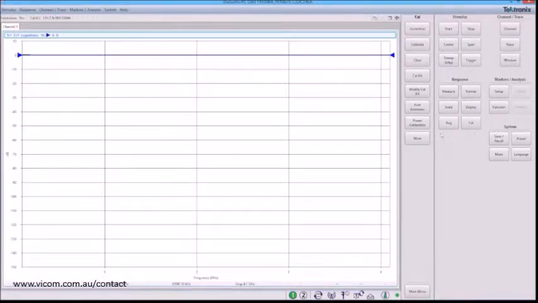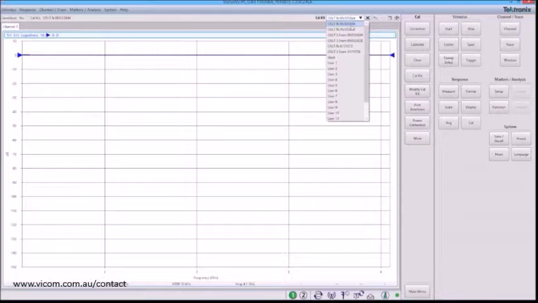Now we define the cal kit that we'd like to use. So under the submenu, we select cal kit, and our pull down has a number of predefined cal kits that we can choose from. In our case, we'll be using this OSLT type N 533844 cal kit. Now from here, click the Calibrate button,